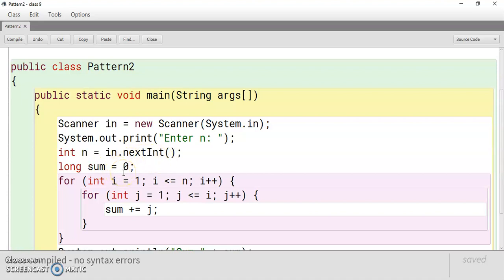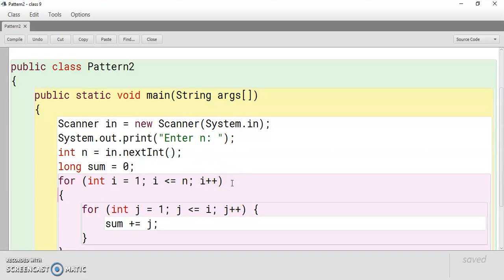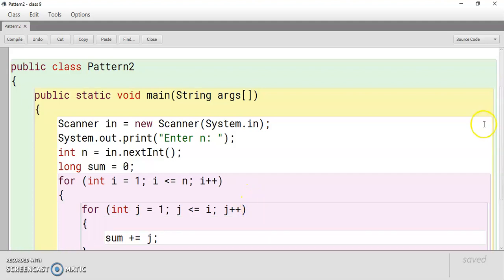Why is it given like this? Suppose I am giving 100 or 1000, the sum will be big: 1 plus 2 plus 3 and so on. So the value is large, so that's why long is used. And see, the loop starts here. Just see how it is working.